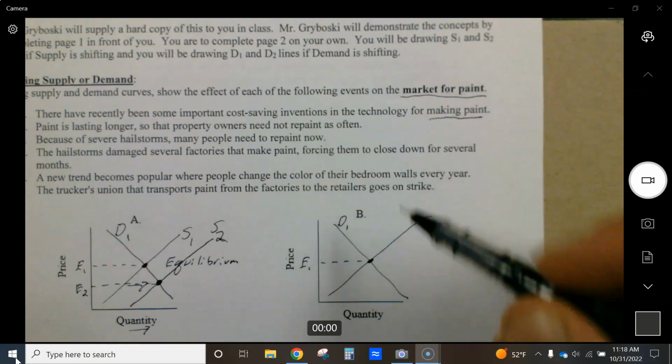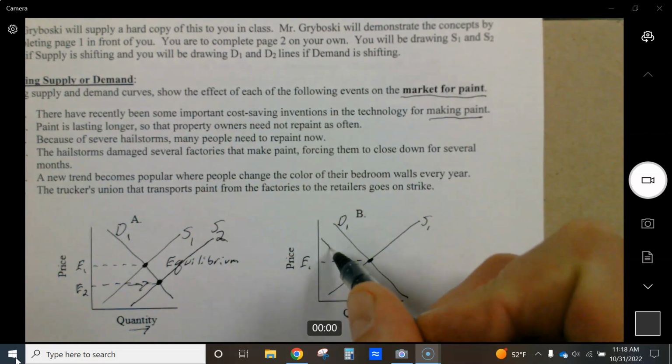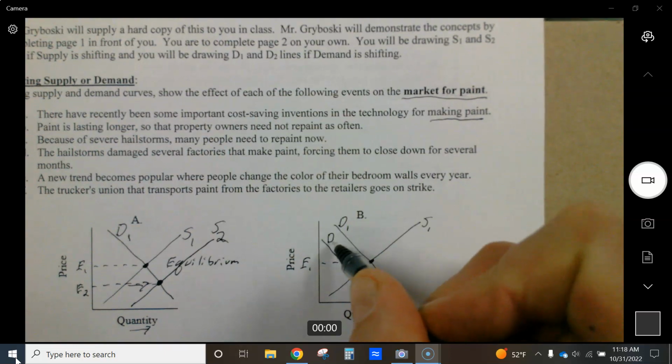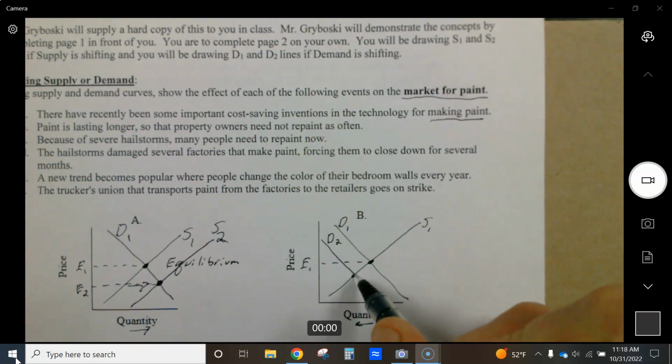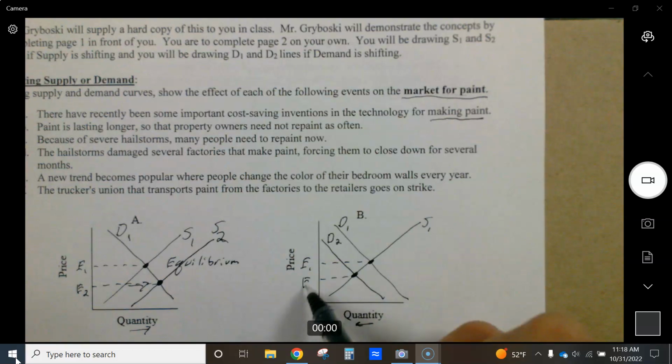Which way does it shift? Are they demanding more quantity or less quantity? And in this case, it's less quantity, so therefore the demand line shifts this way. And here's the way to prove it. Each time you just say to yourself logically,